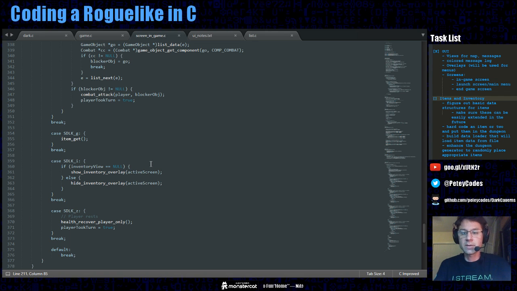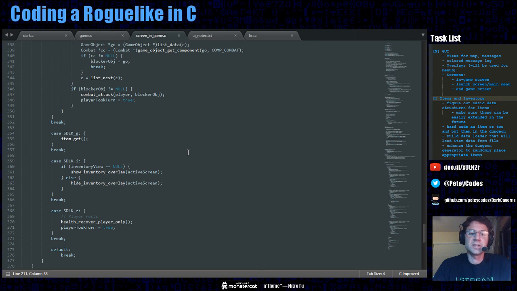So the next thing I want to tackle tonight: there's going to be a lot of string data that we're going to show on our inventory, because our inventory view is basically going to be a list of everything that we're carrying, and then some kind of status indicator about whether something is equipped or merely carried, and if it's equipped, what body slot it might be equipped in. So we're going to be rendering a lot of text, and the string helper routines that we have are not